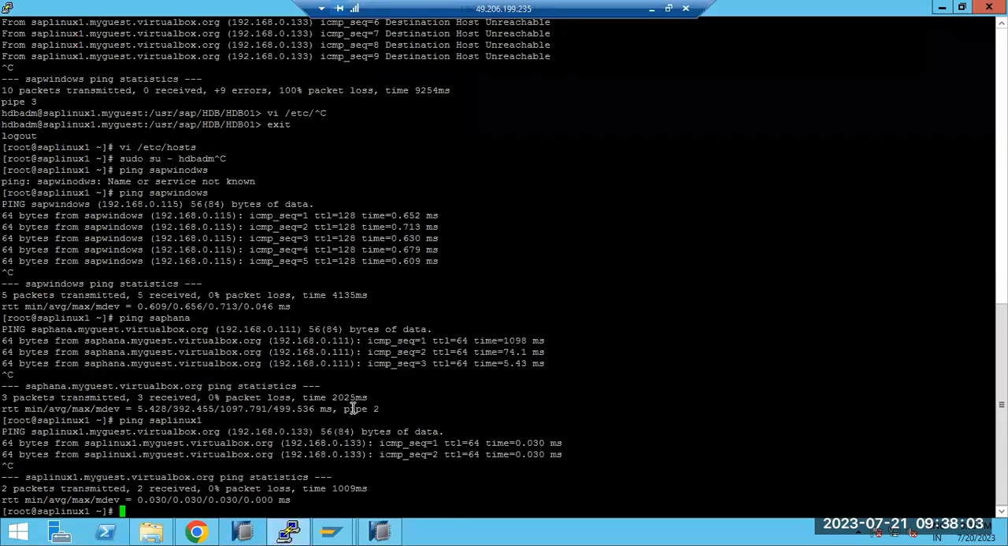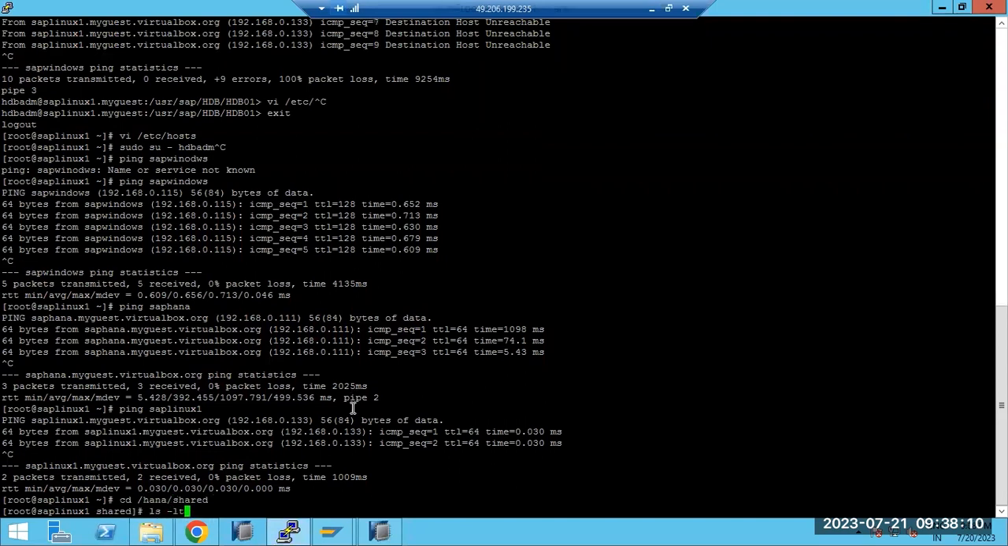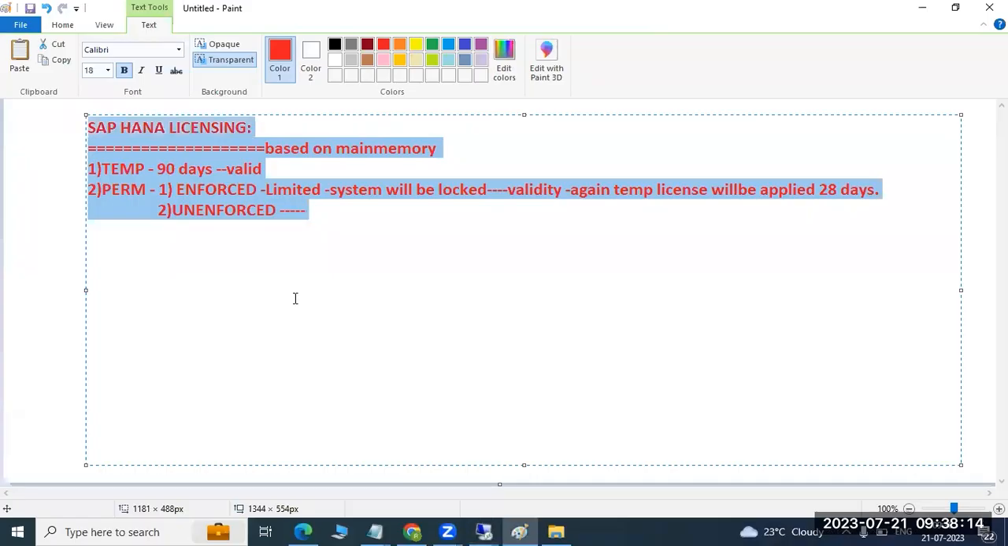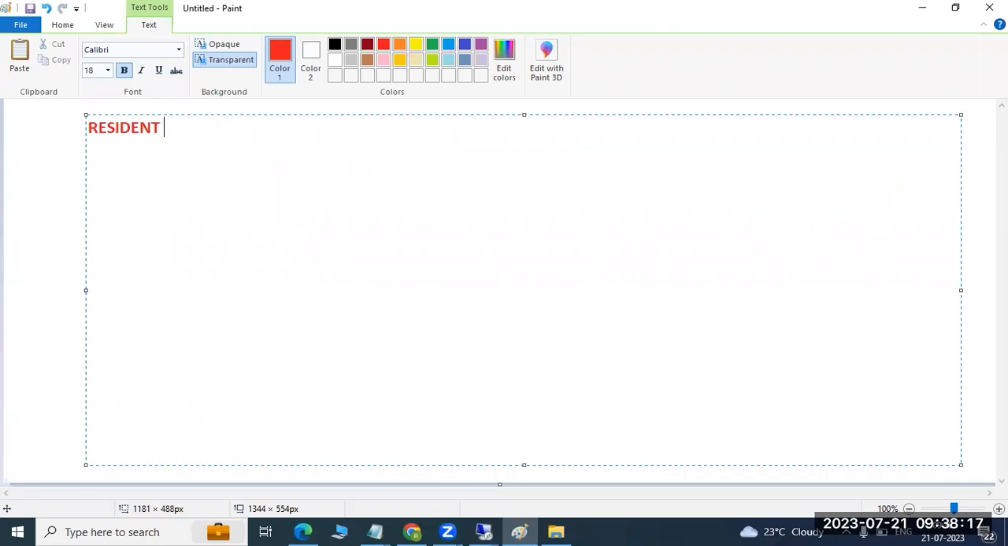If we go to /hana/shared, there is a resident HDB LCM. We all should know about the resident HDB LCM. Normal HDB LCM is used for the installations, installing the SAP systems and everything, right? This resident HDB LCM is for performing the post installation activities, which means if you go to